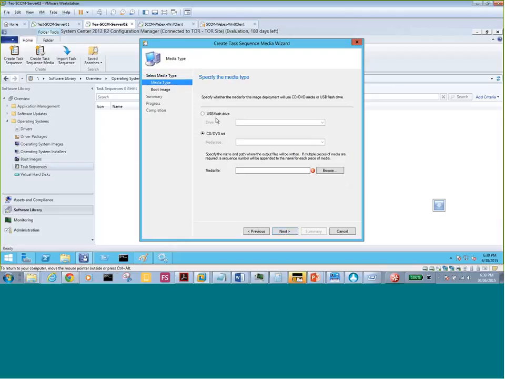whether we want to use a USB flash drive or DVD on which we want to put the ISO. These are the two types of media that we can support. So we just select either, although the DVD is not detected automatically. If it was a physical machine, it would have detected that. In our case, it's going to be a media file. On this step, guys,